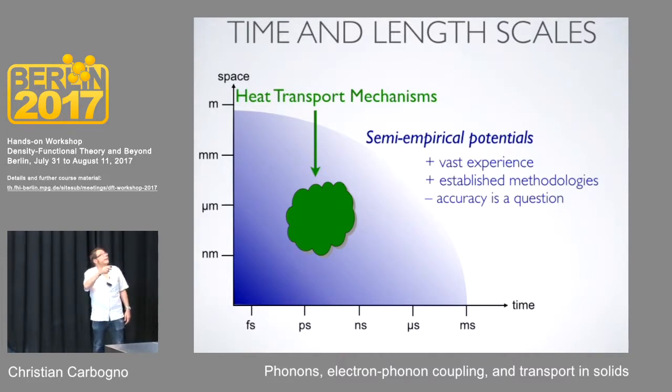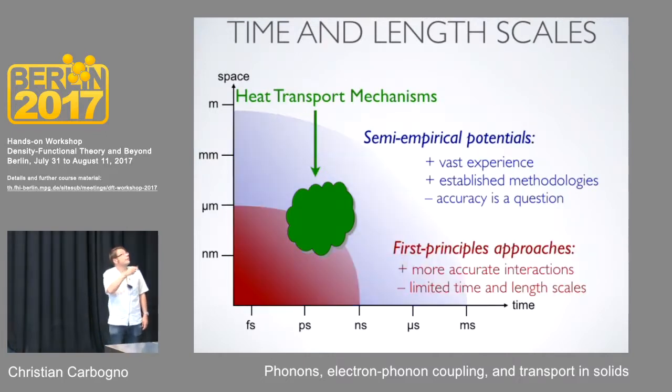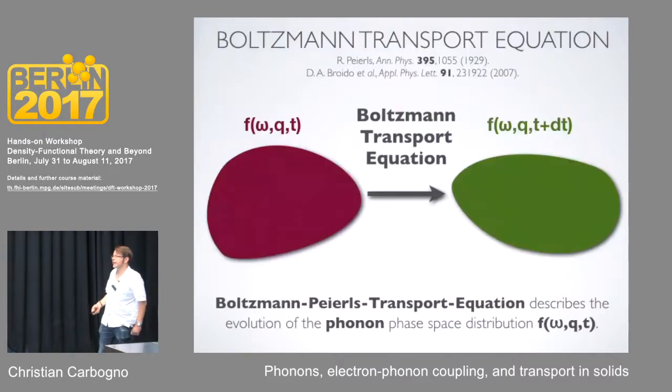Going to this kind of area with first principles methods is challenging. There, we're typically limited to much smaller time and length scales. And this is one of the effects that is typically challenging when treating this kind of transport problem, because you have to find ways to extrapolate to the limit where you really reach these long time and length scales. And one way to do that is to work directly in reciprocal space and use a Boltzmann transport type approach.